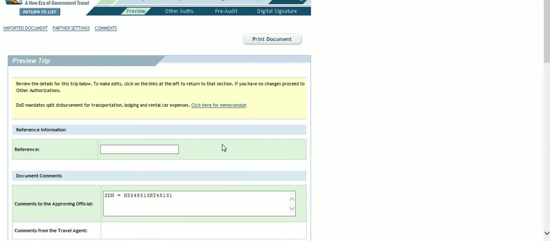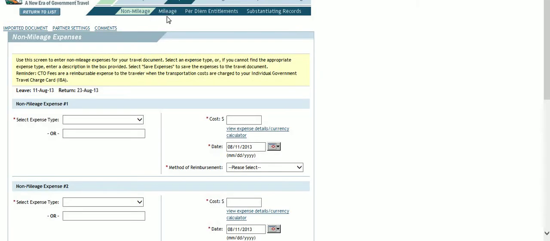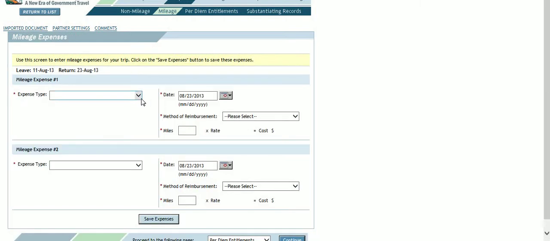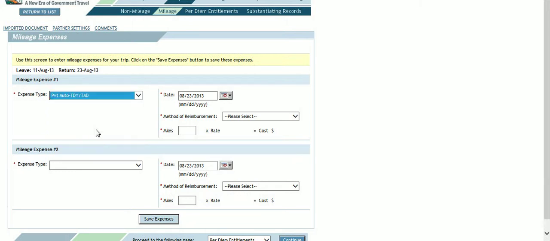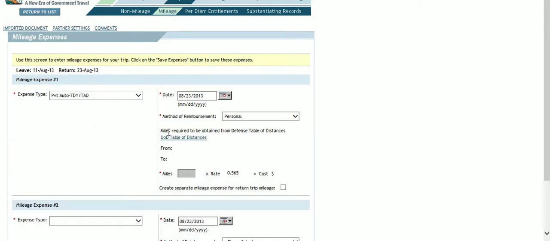First thing you're going to do is put your miles in. Go to expenses, go to mileage. It's the second tab right next to non-mileage. Where it says expense type on this little drop down box right here, click on the arrow and go down to where it says private TDY, private auto TDY. That's going to bring up the option to put DOD table of distance. Click on this blue link right here,